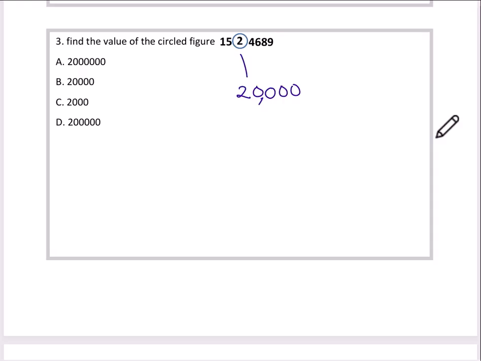1 2 3 4. So the answer is 20,000. Sometimes this kind of question they will ask you to talk about the place value of the 2. So let's talk about place value, though it was not asked here. So this is units, this is 10, this is 100, then this one is 1000,